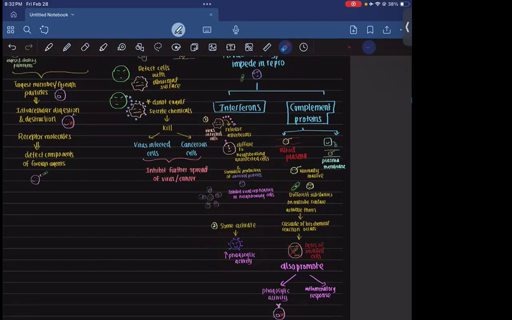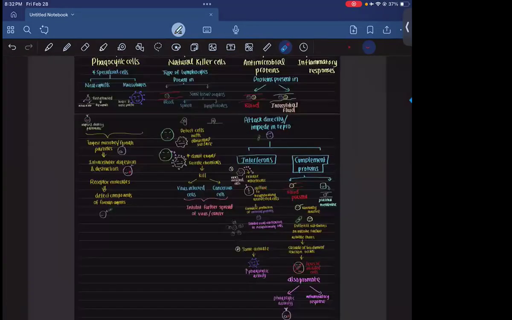Who are complement proteins? Complement proteins are present in the blood plasma and plasma membrane of some cells. They are normally inactive, but when there are different substances coming from the microbe surface, they can activate them, they can awaken them. And finally, there will be a cascade of biochemical reactions occurring, and the cell which has been invaded by these microorganisms will undergo lysis. They will be ultimately destroyed, and also these complement proteins will be enhancing the phagocytic activity and inflammatory response. Okay, so that's all about the